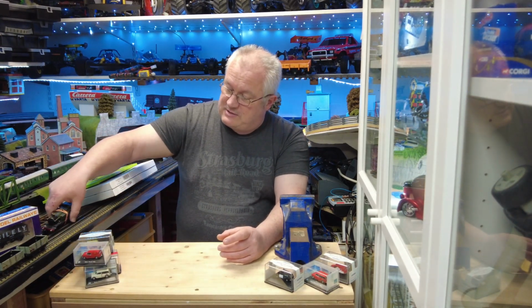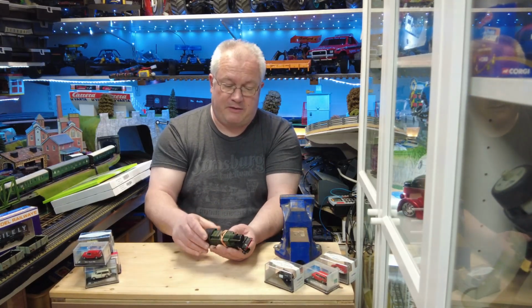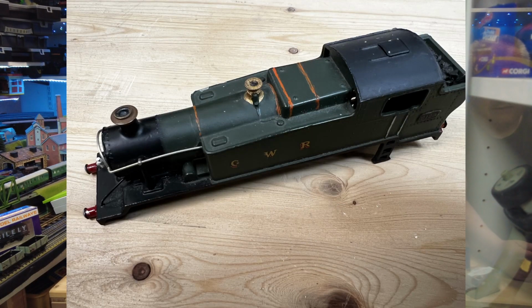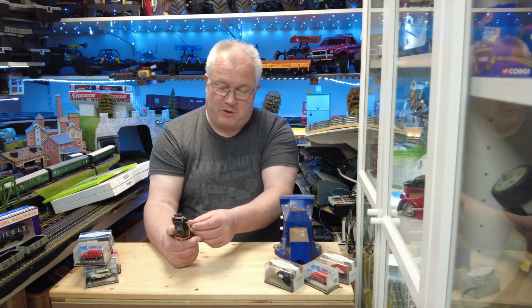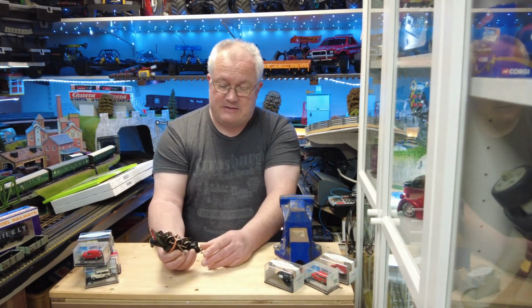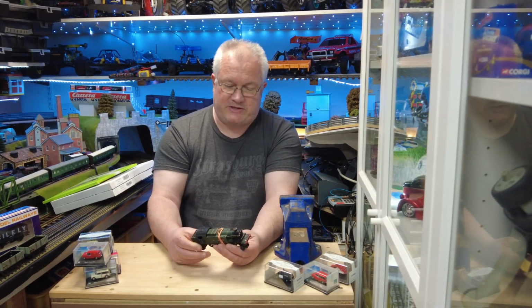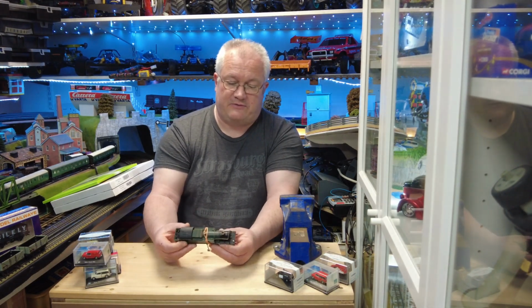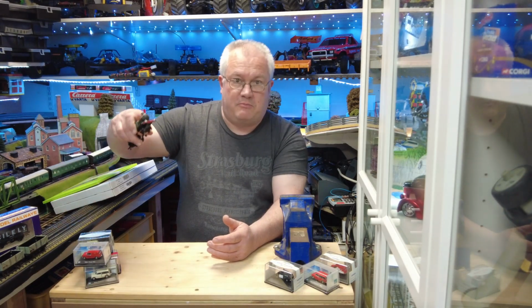I picked this loco up. Seen better days, but it's a die-cast body, and the body is in really beautiful condition. So I have some plans for this. I will look out for a suitable chassis. This chassis, I think possibly I might try and repair it, but it does look as though it's beyond repair. It's seen better days, so I'll probably consider looking out for a new chassis. But with the die-cast body, I think it can make a really nice engine. It's got a good weight to it, so we'll see what happens with that one. Probably a project to put on the